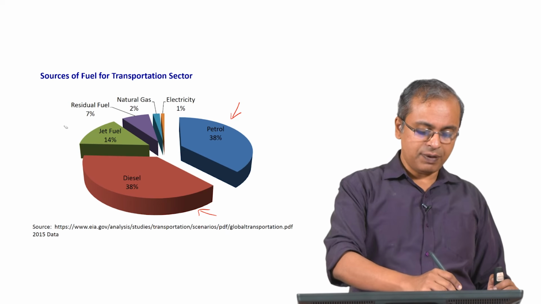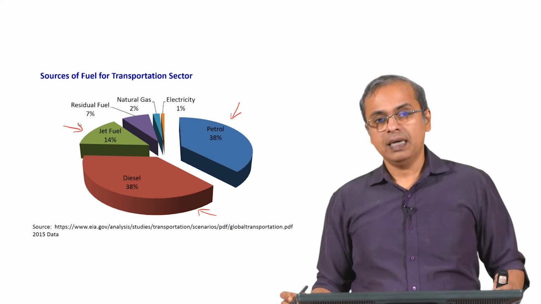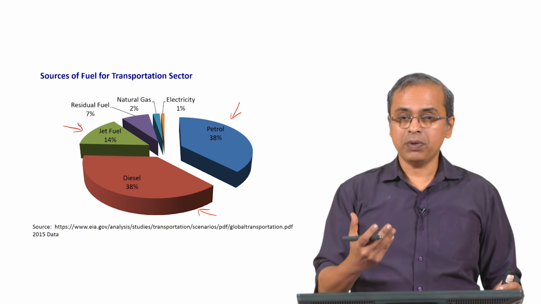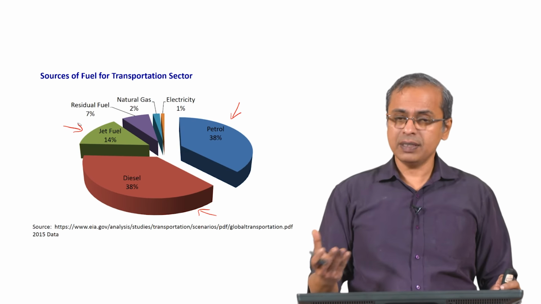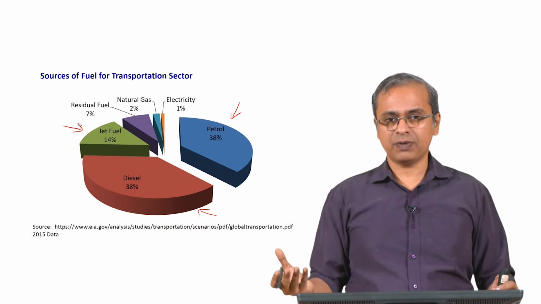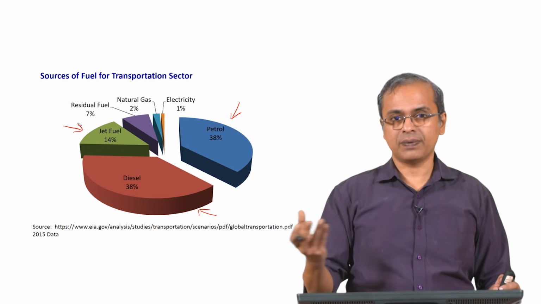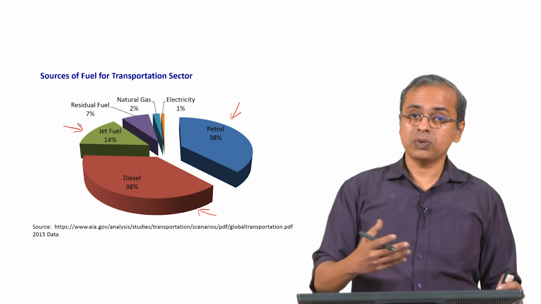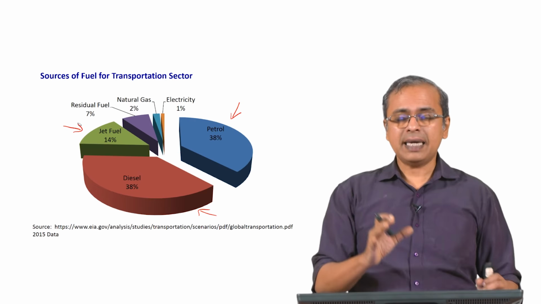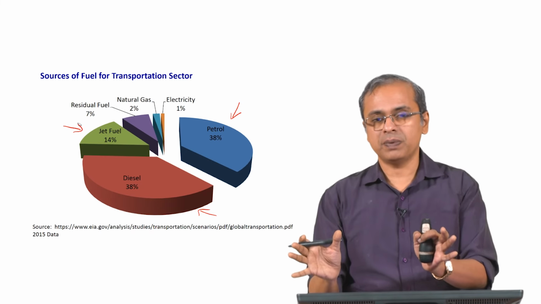The other major place where fuel is consumed is jet fuel. We do not realize it, but the number of planes out there in the world is actually huge. Several tens of thousands of aeroplanes are out there, flying around the world as we speak. So this is a sector that is growing in a big way. Again, it is a sector that serves a section of the population.